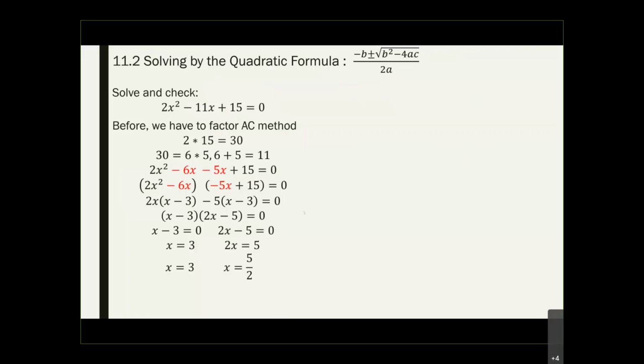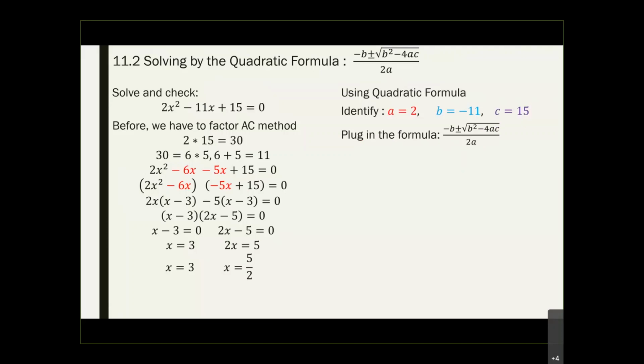So let's take a look at this, which is now on your final exam. You don't need to do the AC method for solving. If you see this, we can use the quadratic formula, which is negative b plus or minus the square root of b squared minus 4ac, divided by 2a, right? So if you plug it in,